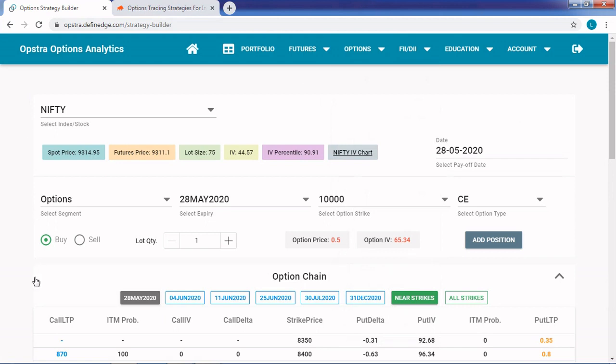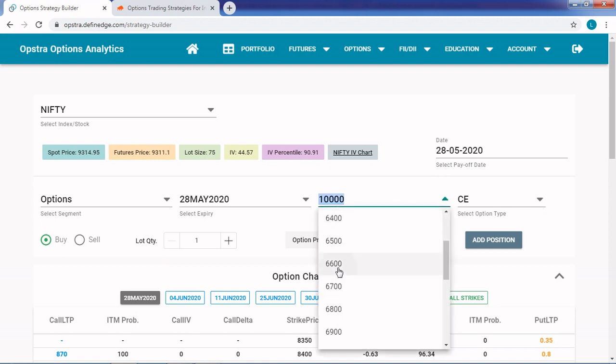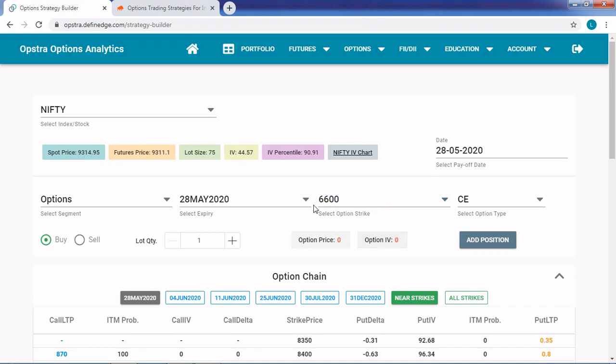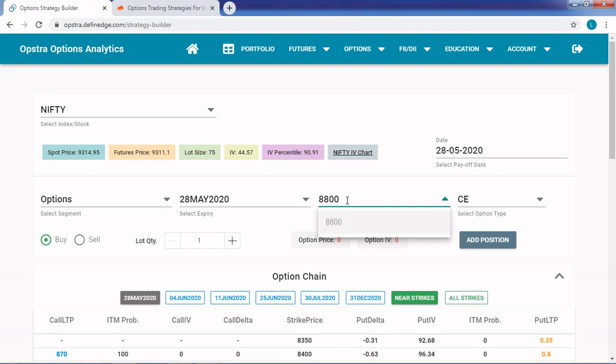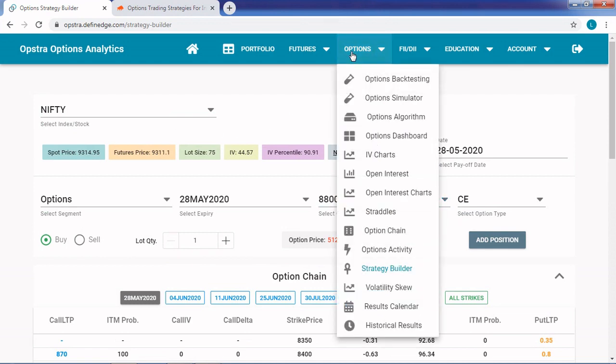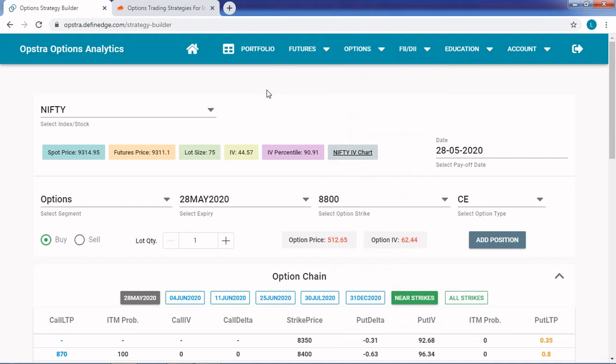Coming to the main topic of this comparison, that is look and feel. Look and feel is definitely better than Options Oracle. Usability is also better, but it's not so great, I would say. You can go and select a particular strike, or you can directly type whichever strike price you want, and it will take it. So it's definitely better than Options Oracle, but not everything is available for free, so certain features are locked for paid users only.